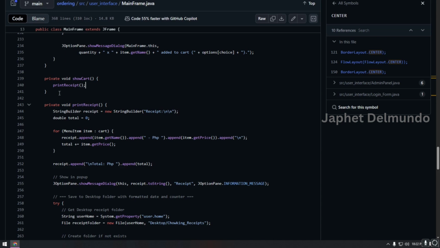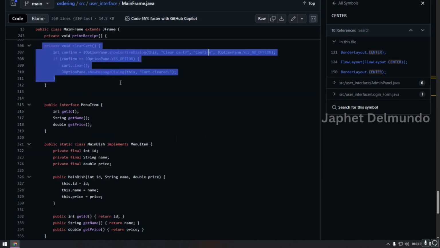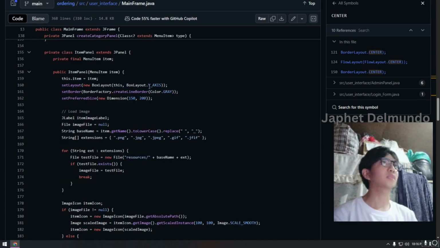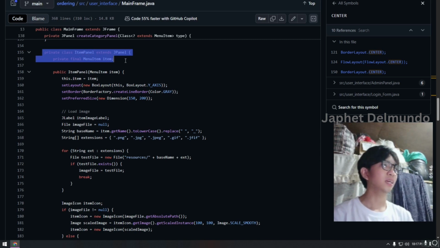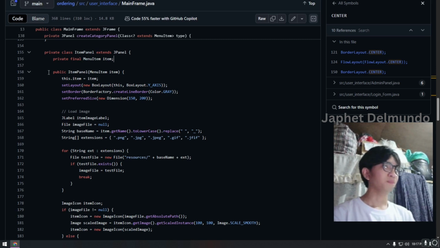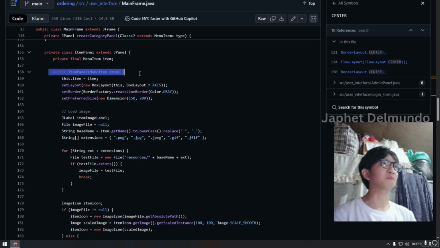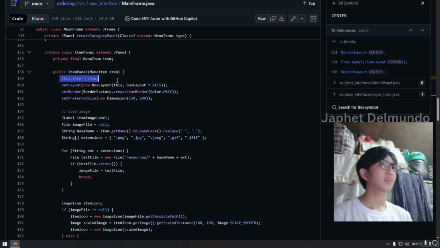Next is the private void show cart. This method will call the method of a private print receipt. Here in the method private void clear cart, it will clear the history of a user. Next is the private class ItemPanel extends JPanel, meaning it extends the JPanel class. Using the public ItemPanel, or the constructor, this sets the name for the item, meaning it stores the item